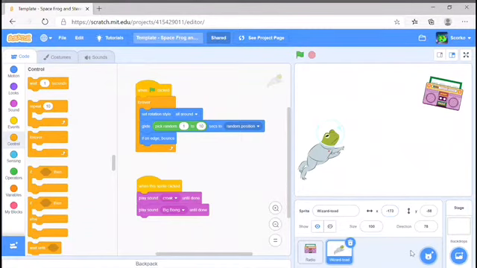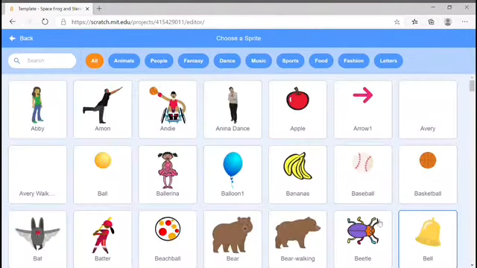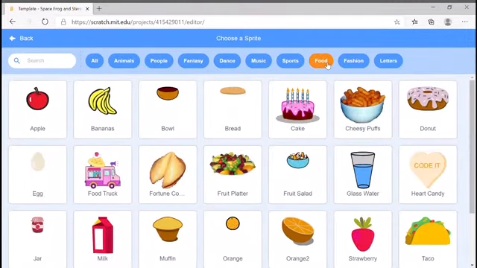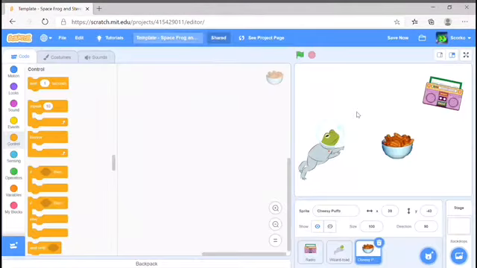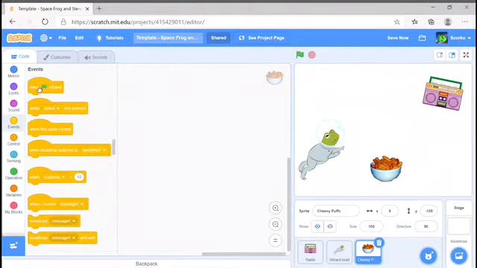So how about some cheesy puffs? Cheesy puffs, anyone? Yeah, let's do that. Cheesy puffs in space. And what do we want these cheesy puffs to do? Well, let's have a look. Let's start off with a when the green flag is clicked,